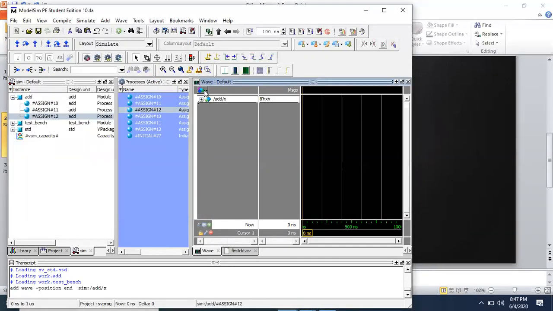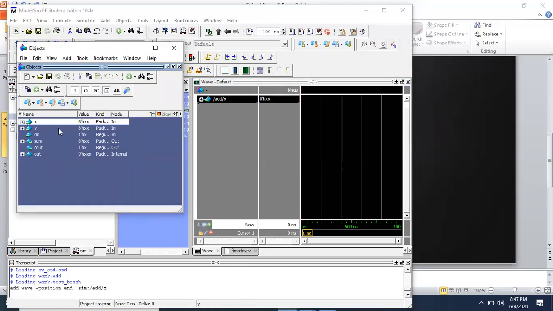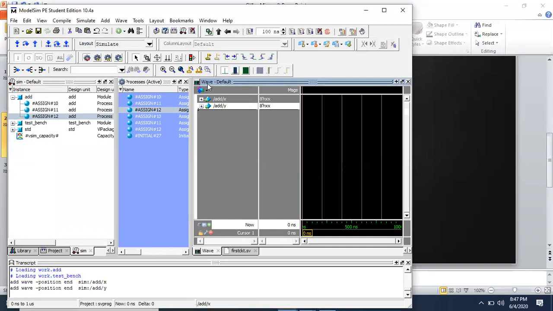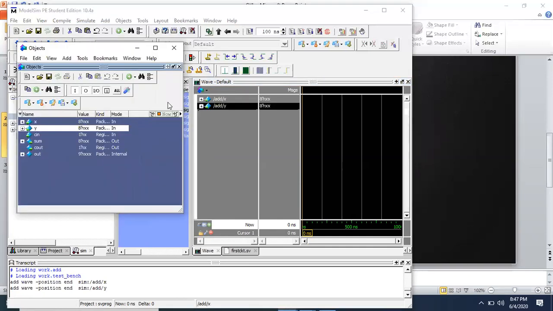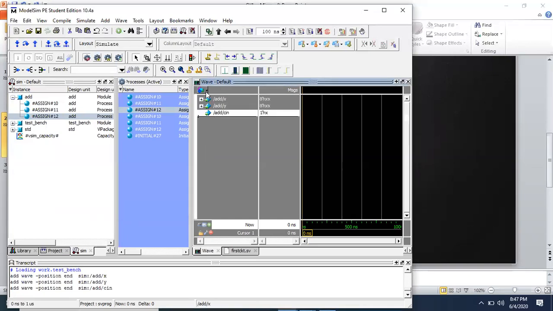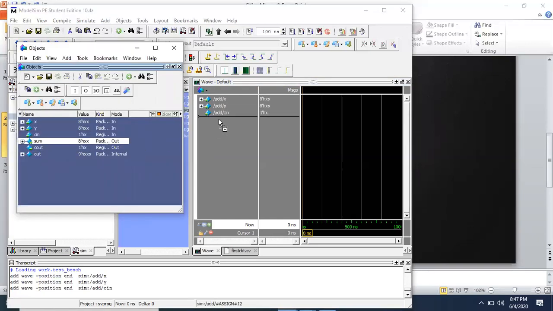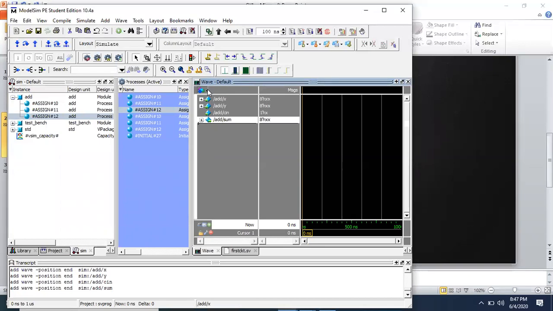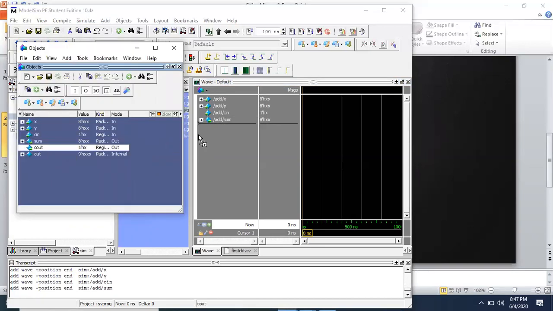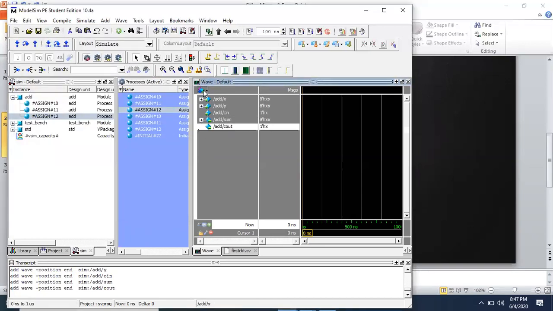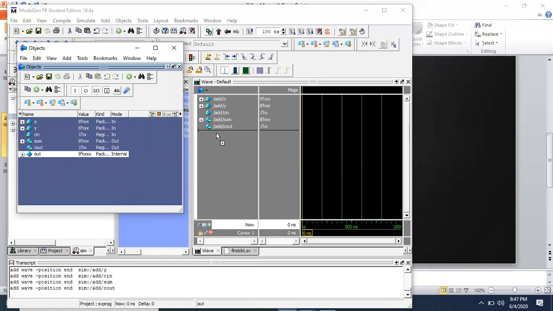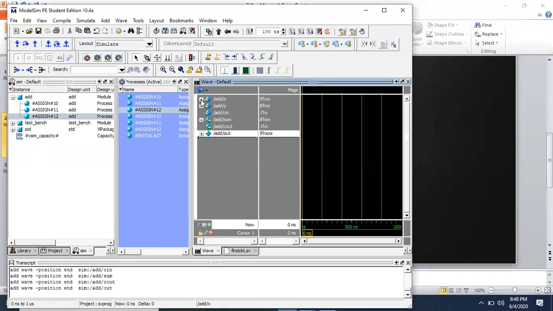So here X signal is present, then Y, then cin, then sum, then cout, and then out. Why is it showing this plus option here?